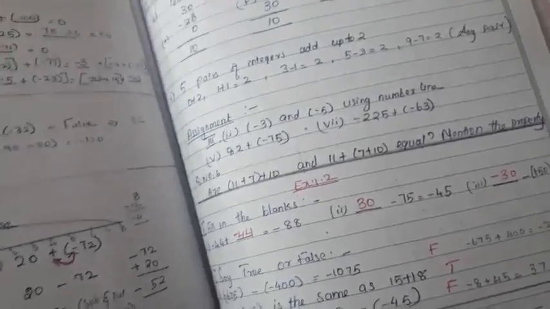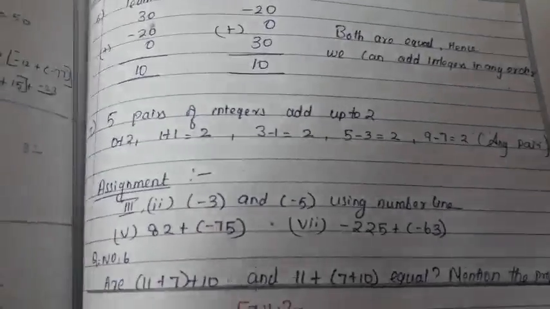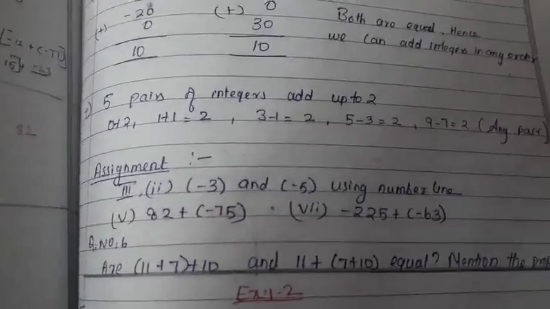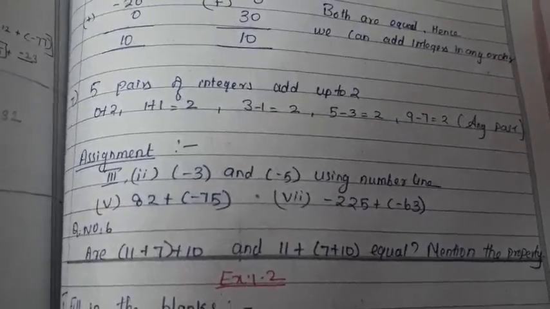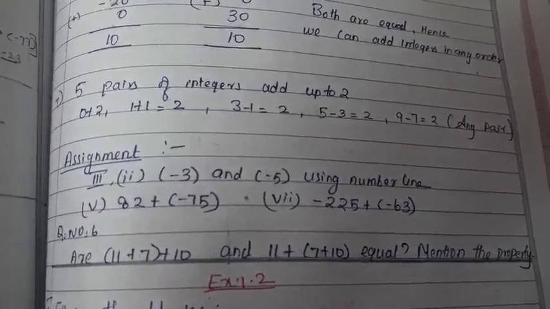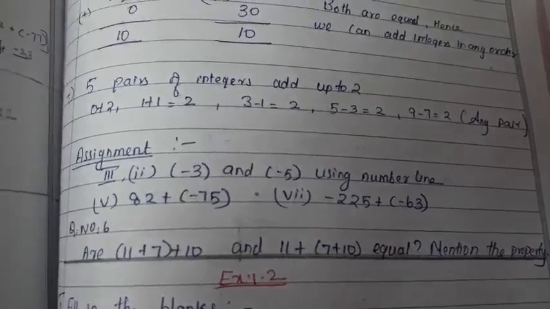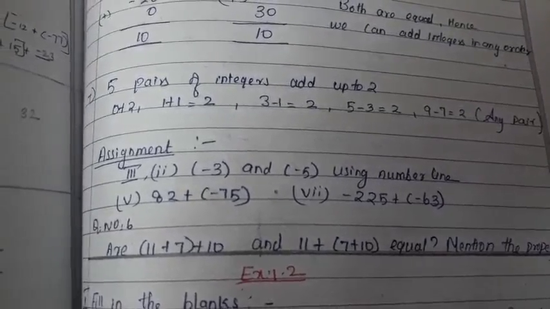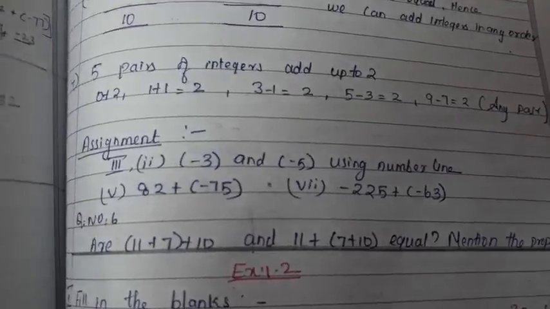Okay, so these were the sums they have given in exercise 1.1. So have a clear note. Please take a fair note and note down all the sums as I have written, so that it will be easy for you to recall everything. So assignment I have given: third Roman letter second sum, fifth and seventh sum. So same concept, add and put the same sign, subtract and put the bigger number sign. And same way question number 6 or 11 plus 7, and these numbers are equal, and mention the properties. So this was your assignment.